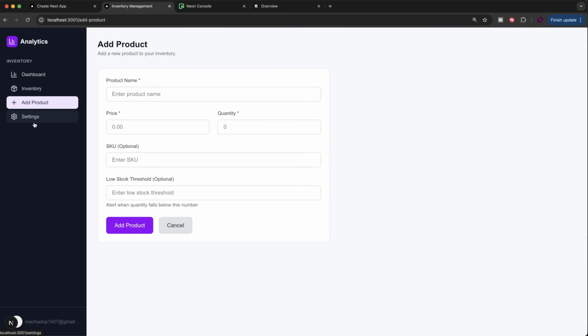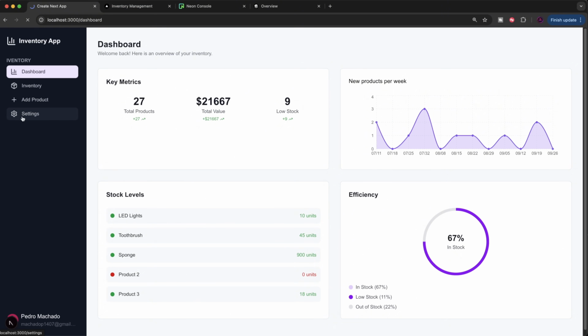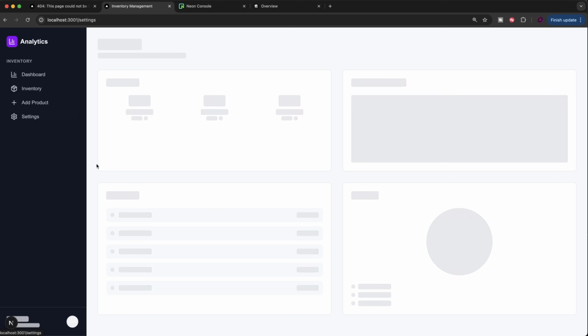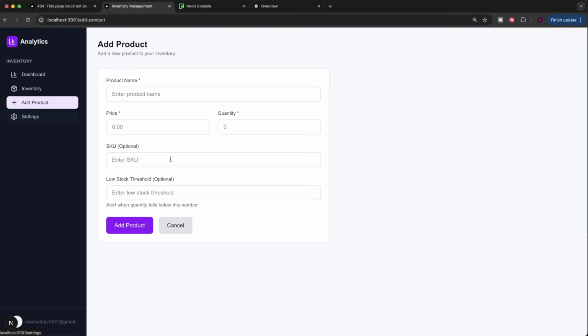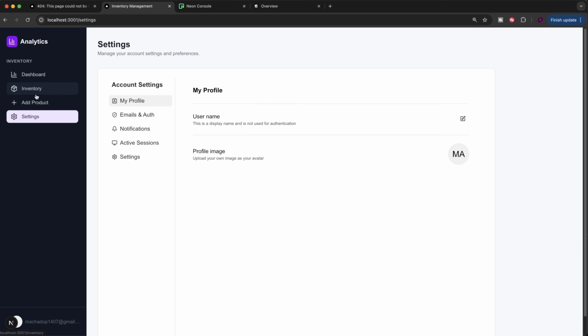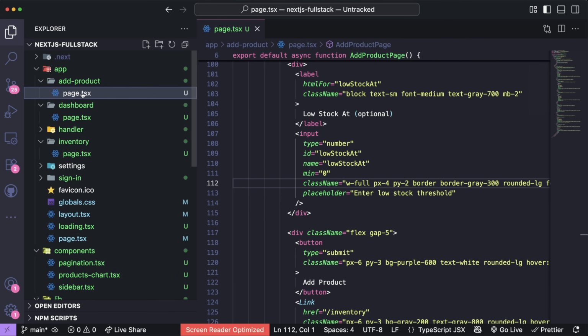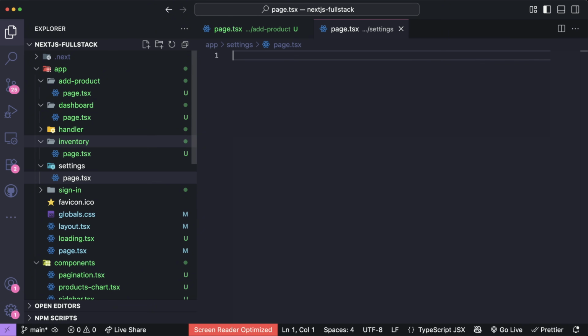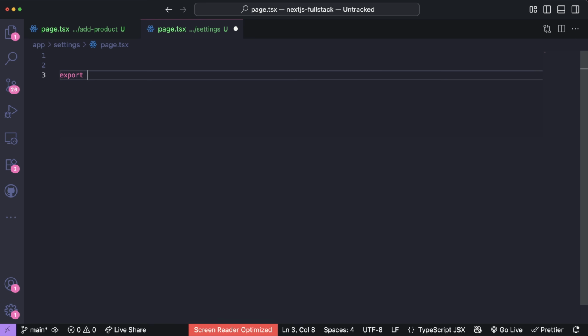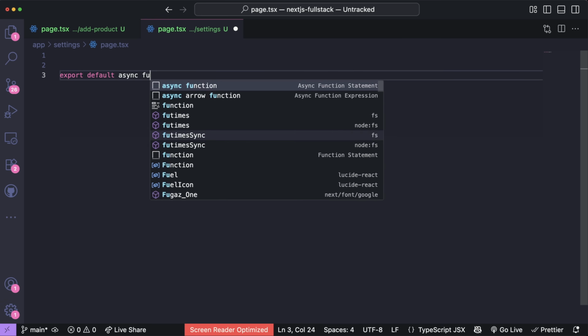Now, the last thing we need to do is add the ability to come here to the settings page and see something. In this case, we want to just show this little settings page over here. Also, one thing is, if you notice, we have this loading state that appears on all of them. I'm going to show you guys right at the end because it looks a lot better if you do that. Now for the settings page, it's actually very simple. What I'm going to do is I'm going to come here to the settings and I'm going to click new file page.tsx. Then inside of here, I want to export default async function